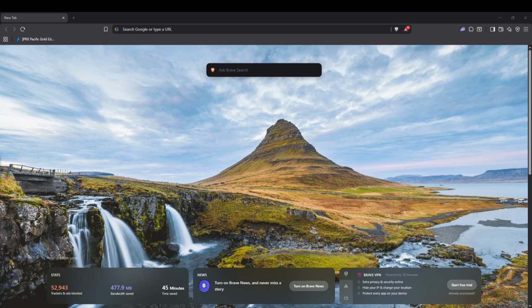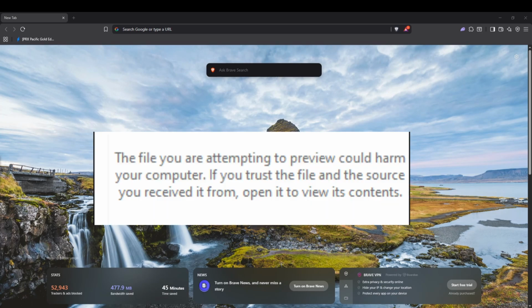In this video, I'll show you how to fix the "The file you are attempting to preview could harm your computer"